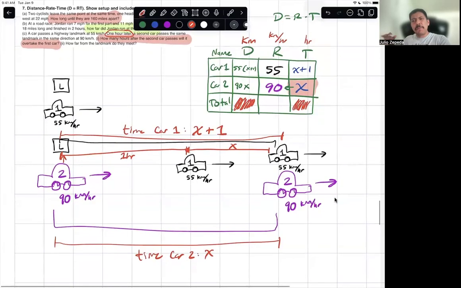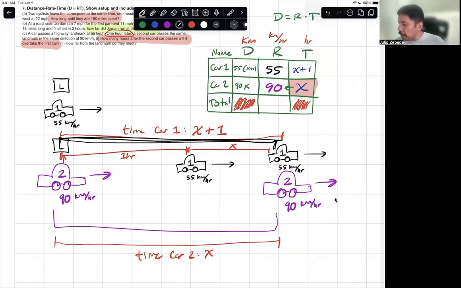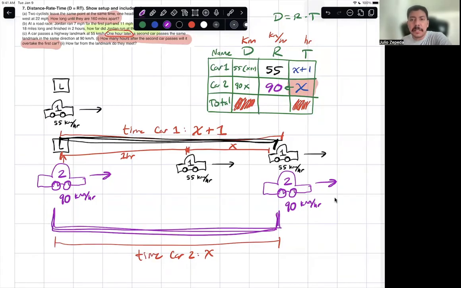Well, if you remember the clue that was given here, car 2 is overtaking car 1. We actually said it earlier, but these two distances should be equal. I wrote the line in black right here. The distance from car 1 to the landmark is the same as the distance from car 2 to the landmark when car 2 is overtaking car 1. They're the same distance from the landmark. And so these two distances here,